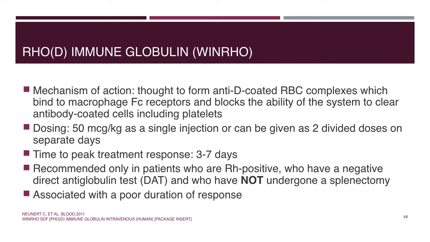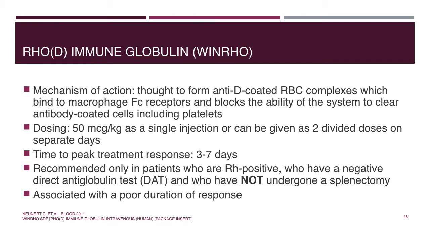Rho-D immune globulin, or WinRho, has also been used. The mechanism behind this is the sparing of platelets, as Rho-D is a synthetic antibody that binds to Fc receptors, and so this blocks the ability of the system to clear antibody-coated platelets. The dosing is 50 micrograms per kilogram, and this can be as a single injection or as 2 divided doses,